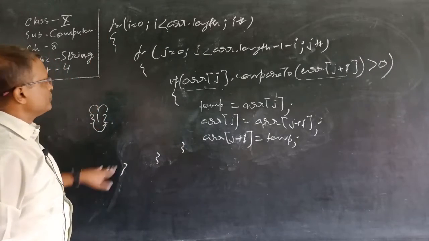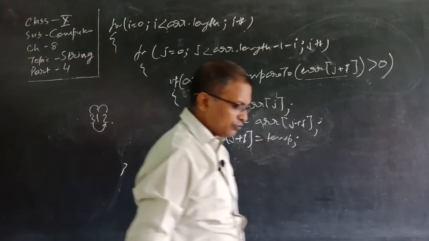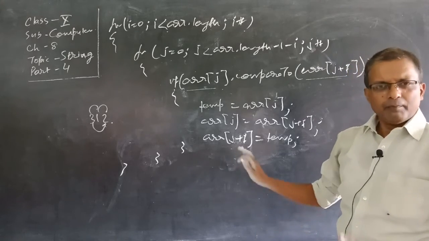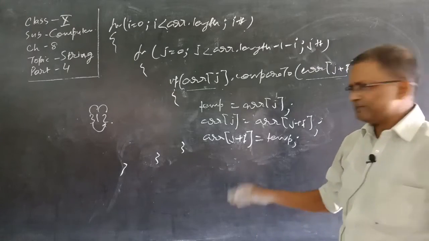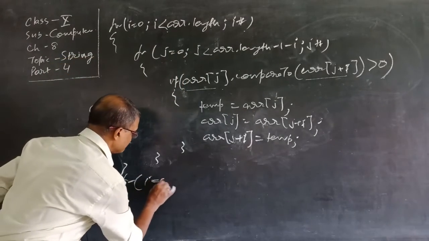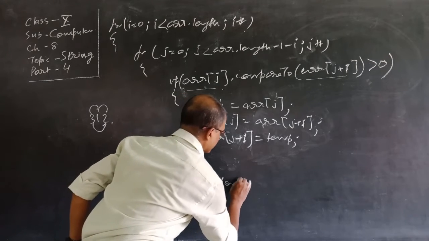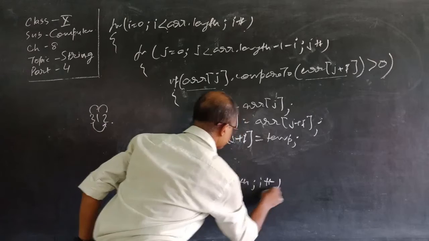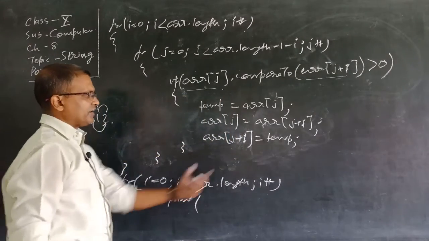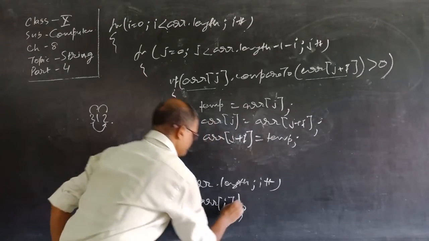After completion of this loop, all the data of the array will be sorted. Always remember, while sorting based on a string, you have to apply only and only the bubble sort technique, not the selection sort technique. Now we have to print the data. How will you print? You know very well how to print the data of an array: i equal to 0, i less than arr.length and i plus plus, SOP. I told you that the data is to be printed in a single line, SOP arr[i].